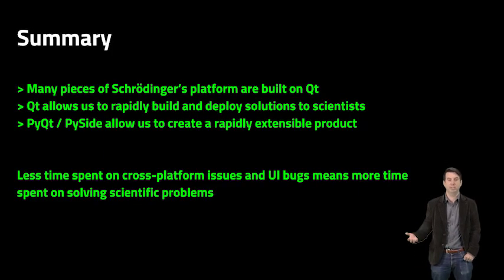So kind of in summary, I want to talk about how important Qt is for Schrödinger. We use it across our entire visualization. Even as I mentioned, it's in a backend or two. It's great for its cross-compatibility. It's great for its design. It's great for its extensibility. And that's why we've really invested so hard in it. We deeply integrate it. It allows us to extend our solutions to scientists using PyQt and PySide.